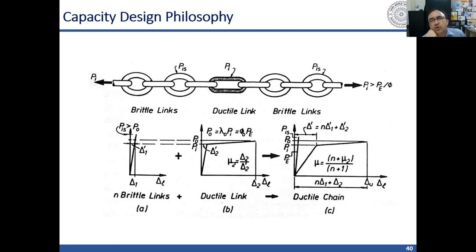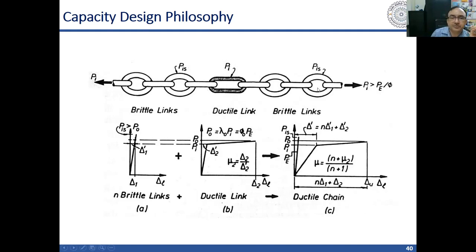Otherwise, a brittle mode will become a weaker link, and that will fail. So I have to ensure that the brittle mode should not be the weaker link. That should be the stronger link. Its strength should be more than that of the ductile mode. I'm not saying that the strength of the brittle mode should be more than that of the earthquake. Earthquake is in any case much stronger. But what we can ensure is that the brittle link or the brittle mode of failure is stronger than the